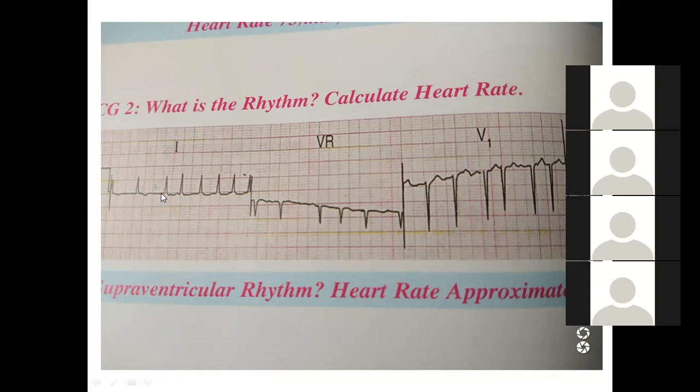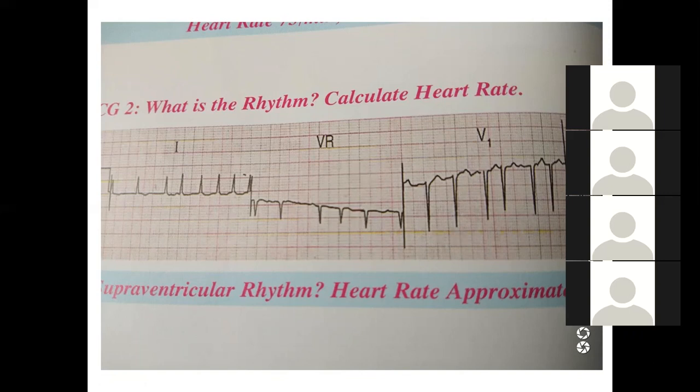Is it a regular pattern of timing? No, sir, it is irregular. Someone who has not spoken. 300 divided by 2 is 150 heart rate, sir. Sir, it is an arrhythmia. Yes, so I give you the arrhythmia formula. What is the heart rate of this patient? It is changing, sir, it is changeable.